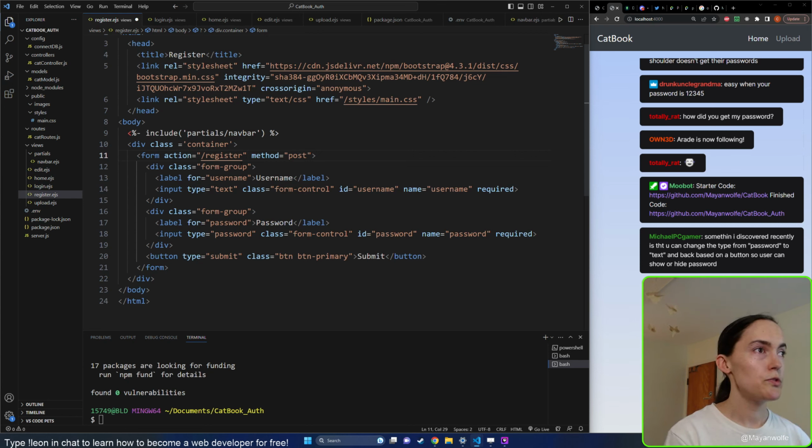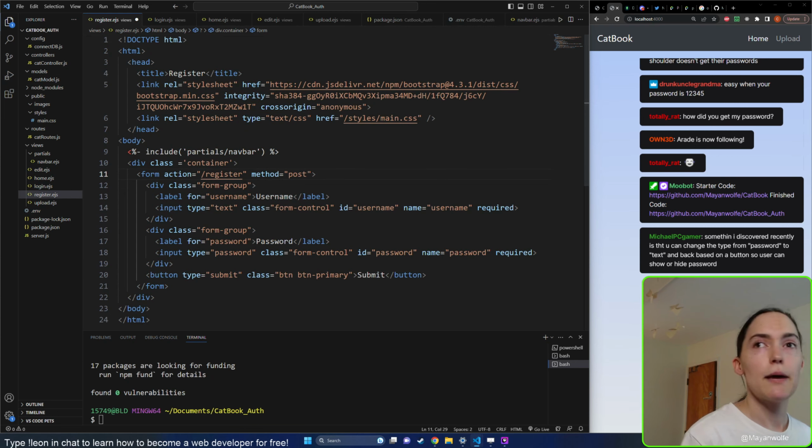Method is still going to be post, form group, username, text, form control, username. Yep, that's all fine. Once again, form group, password, form control, password. Yep, no need to change anything here. And then no need to change anything here. So really these two pages are going to be identical,